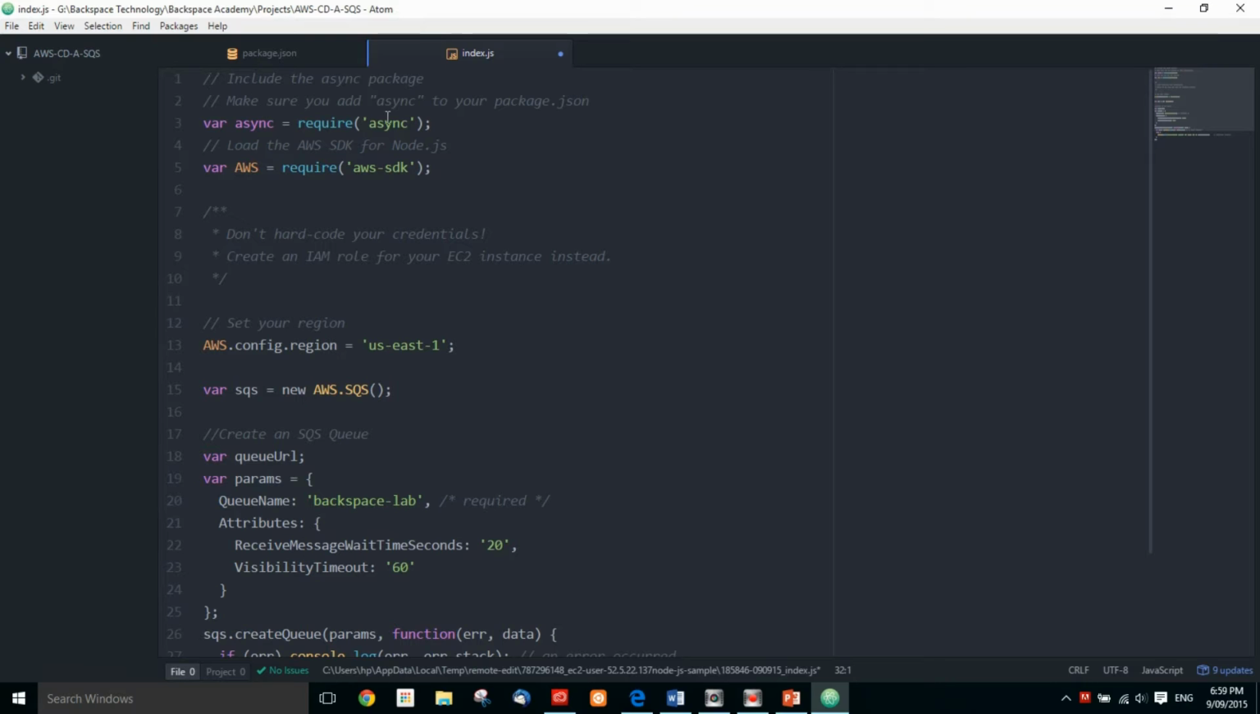So the first thing we're going to do is we're going to require the async npm package. We're also going to require the AWS Node.js software development kit. And again, a very good note here, don't hard code your credentials. Never use your credentials in your code. Just do not do it. There is no requirement to do that. The